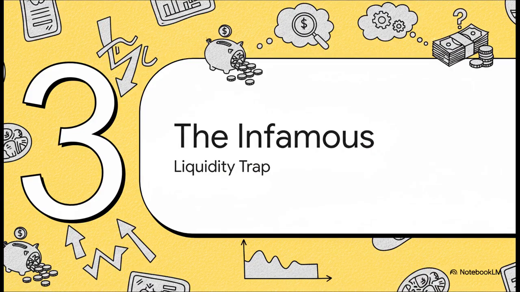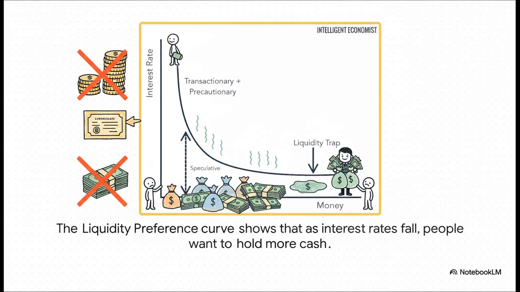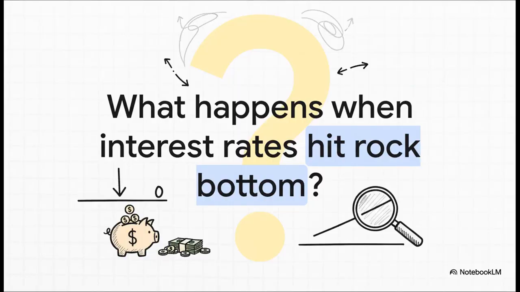This speculative behavior is absolutely key, because when you take it to its logical extreme, it leads to one of the most famous and frankly feared concepts in all of economics. This chart here pretty much shows how it all works. You've got the interest rate on the vertical axis and the amount of cash people want to hold on the horizontal. See how that curve slopes down? It means when interest rates are high, the reward for buying bonds is huge, so people hold very little cash. But as those interest rates fall, bonds become way less attractive and people start to prefer holding more and more cash instead.